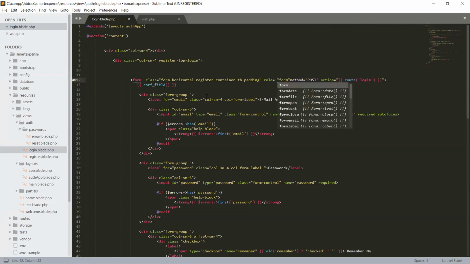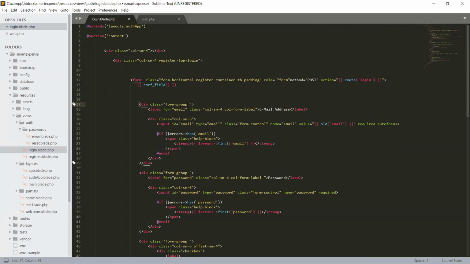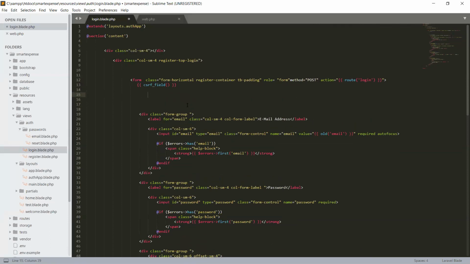Role is form, and action and method are also defined. Okay, div class form-group, and okay, a div with class form-group,